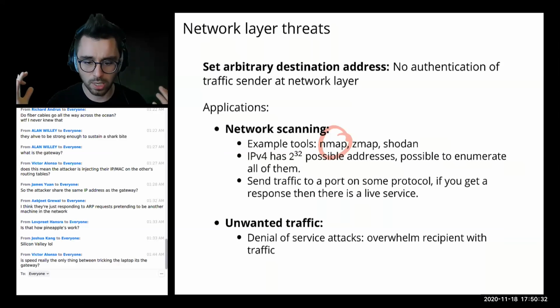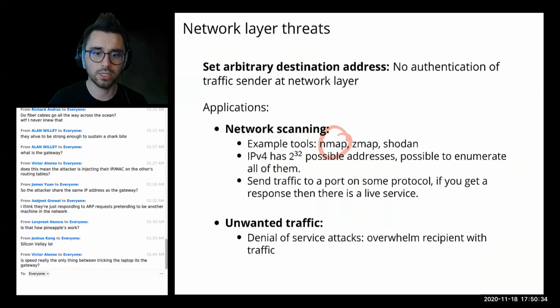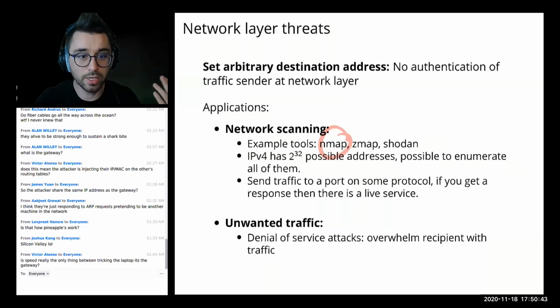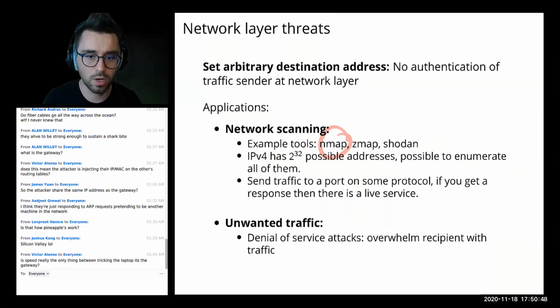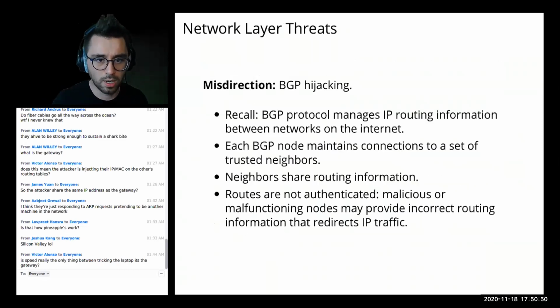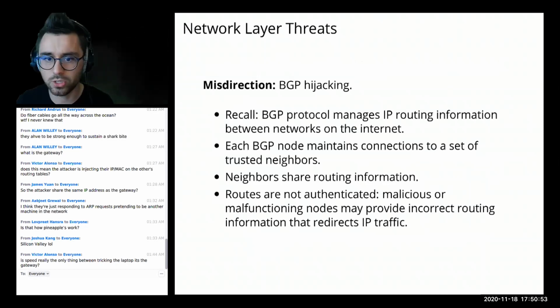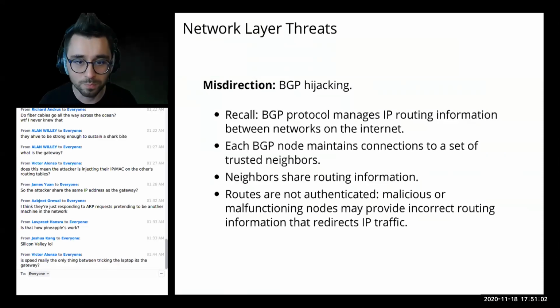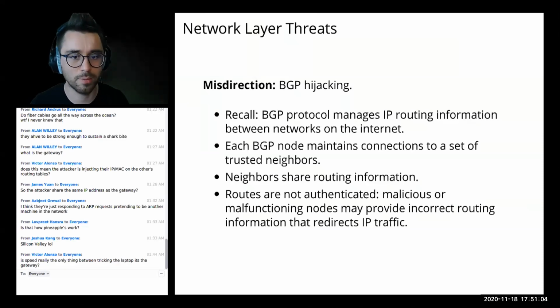But it keeps alive this connection, thinking that it should be actually talking to the other person at the other end of the channel. But there is no such other person. We can create as many of these fake channels as we want, and we can take down machines this way. And this happens, right? And it happens not just at the IP layer; it also happens at other layers like BGP. So one thing that I want to briefly talk about is BGP hijacking, right? So we briefly talked about BGP last time.